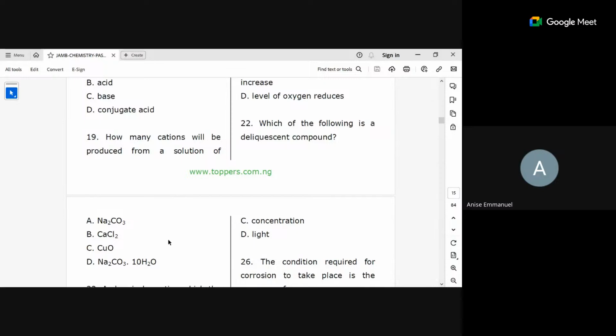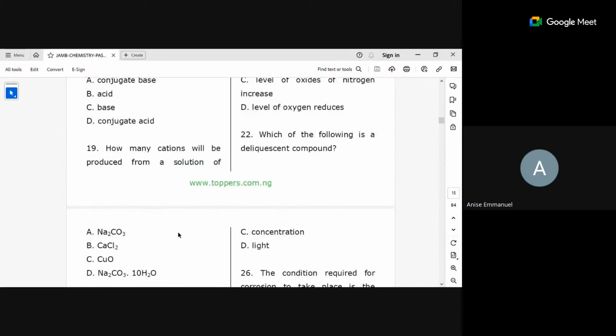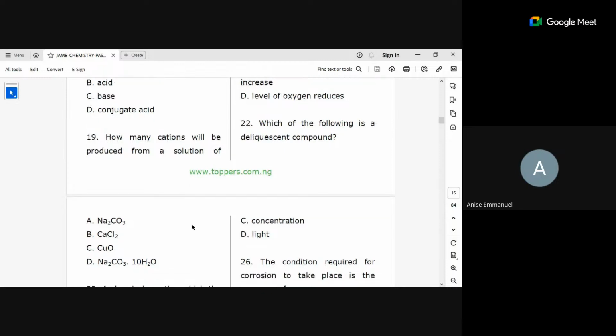Okay. Deliquescent substances are substances that tend to absorb moisture from the atmosphere when you expose them, and they will form a solution. Unlike hygroscopy, hygroscopy will not form a solution. That is why I love what the textbook put, a sticky note there. So when you are dealing with a deliquescent substance, it is calcium chloride here. The answer is calcium chloride.